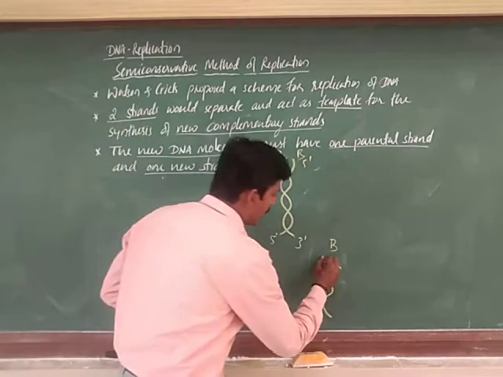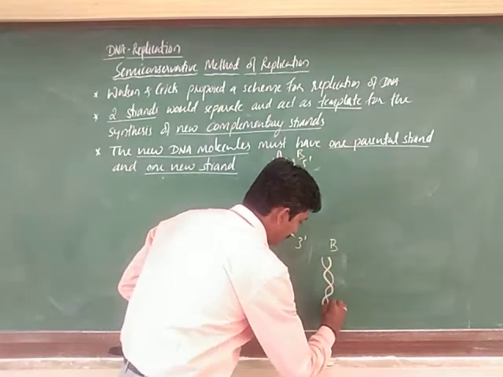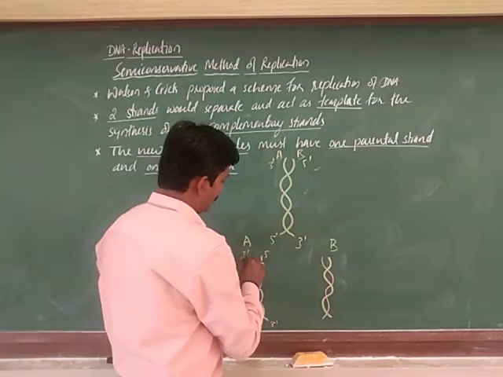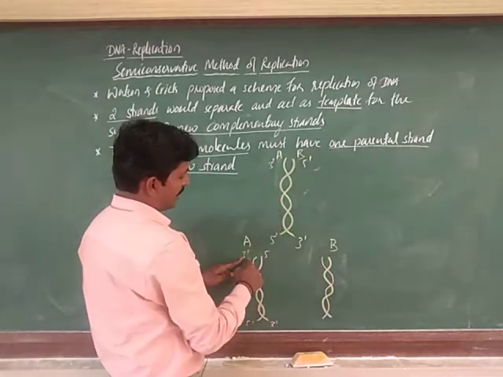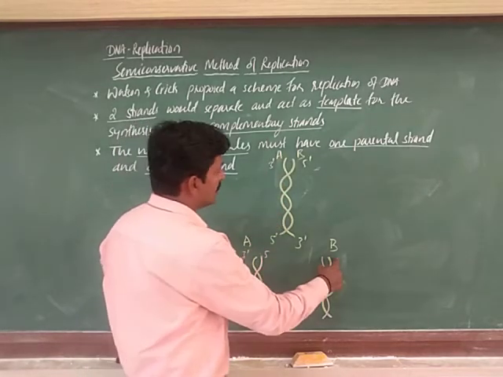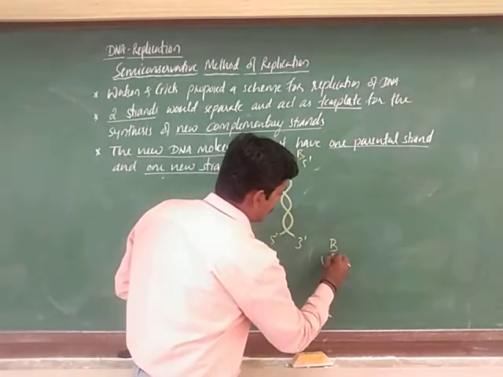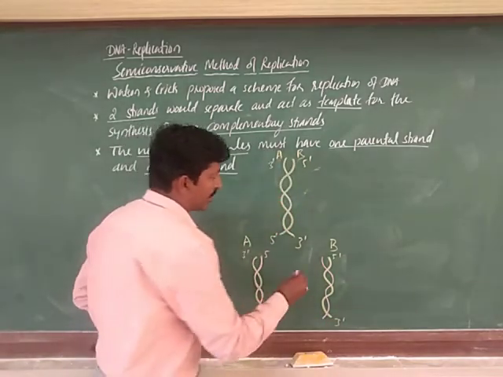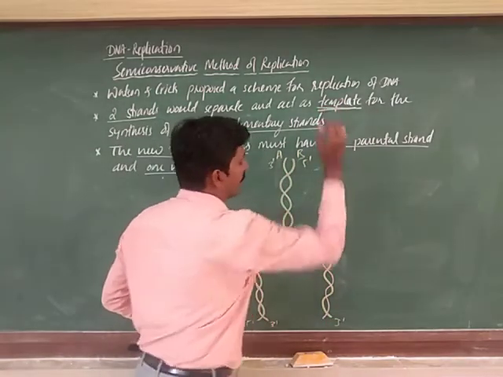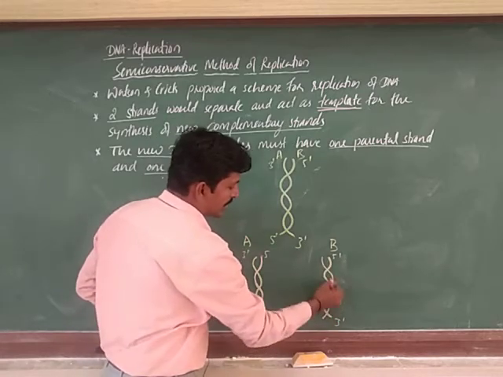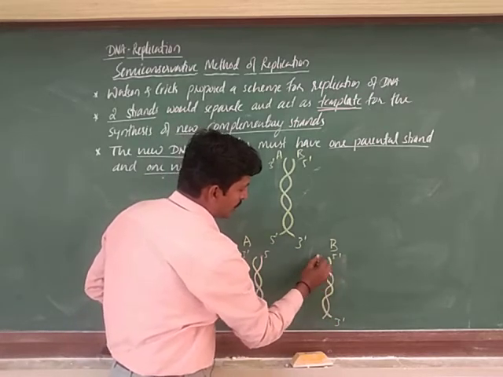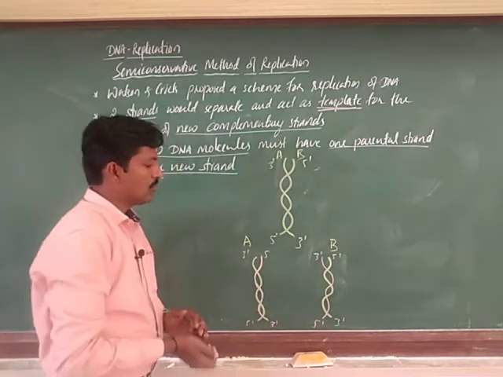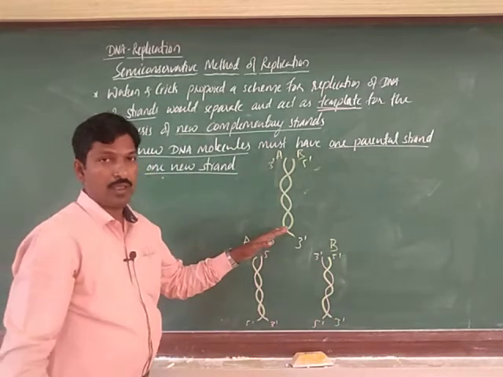In the same way here also, this was actually the third end. So, the A strand will start with the third end here, and on this side is the fifth end and this is the third end. It is a parental or template strand, as well as the newly synthesized strand. So, opposite to this one the third end will be there, here it is the fifth end. What I have shown here with yellow lining.